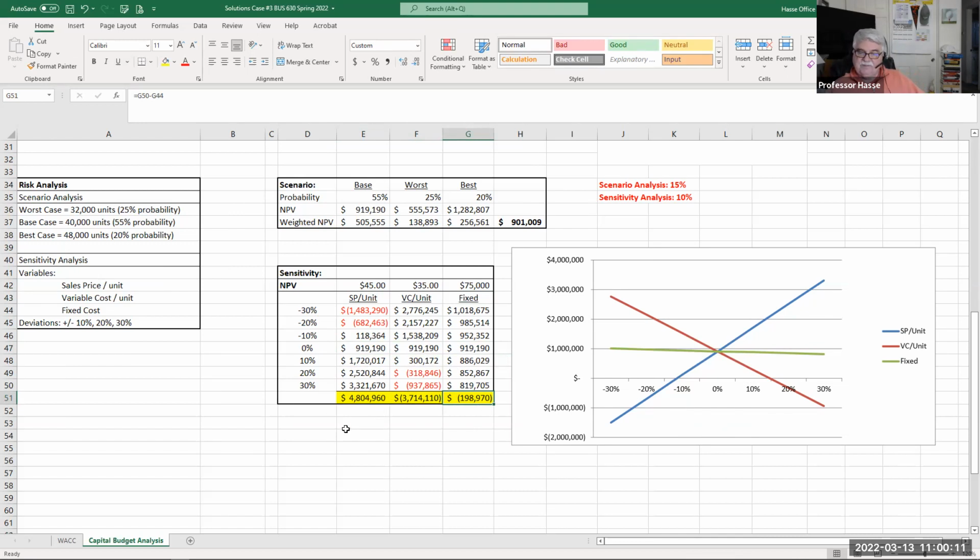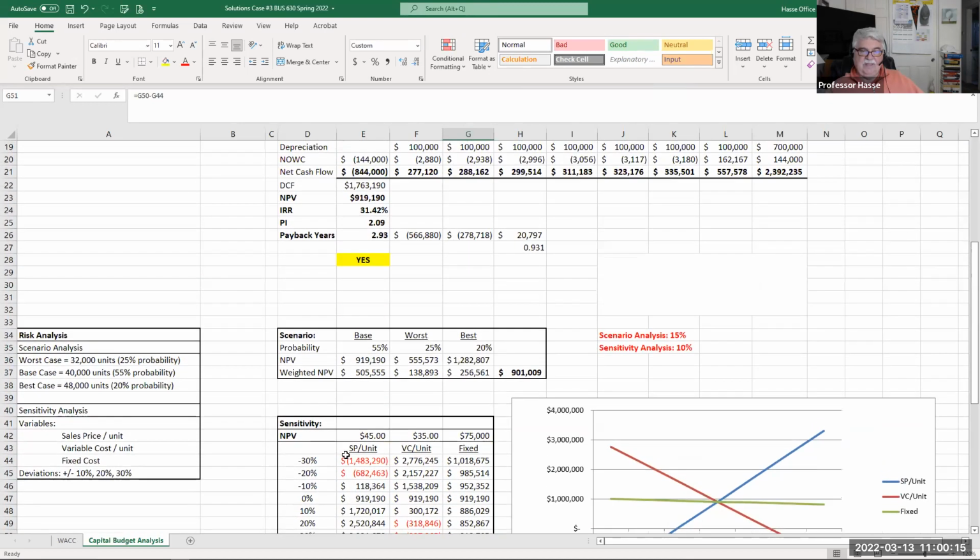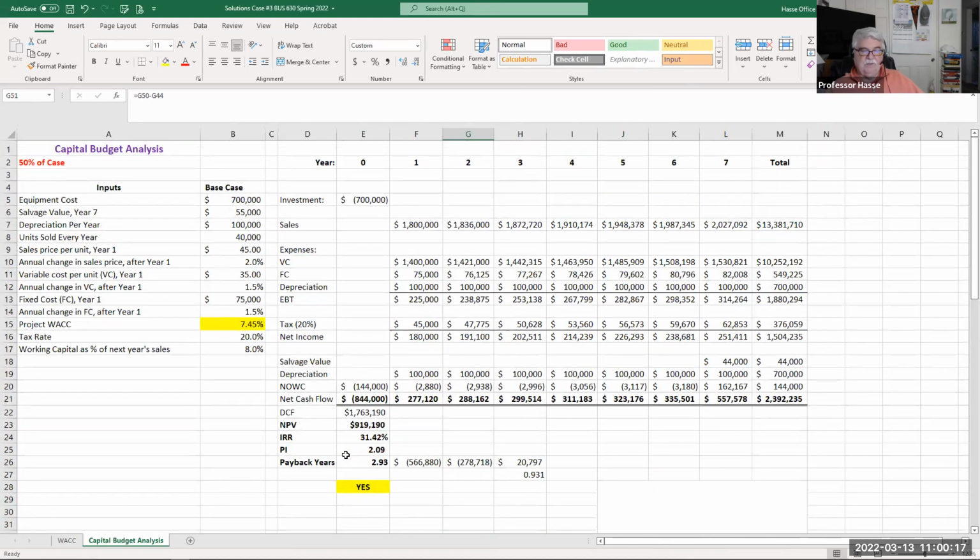So that's the risk analysis of the capital budget case number 3 case. So there it is right there. The solutions are posted in Blackboard. All of you, or pretty much all of you, used the template I provided, and as you can see, it's a much easier format, a lot easier to read, especially for the reader like myself or anybody. And it gives us an analysis that we now can interpret as what the numbers tell us, and that's what we're going to be doing in the electrics case.